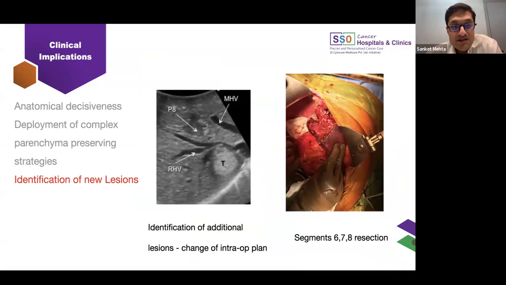It sometimes also helps us identify lesions which are not picked up on preoperative imaging. For example, in this patient we can see a segment 8 lesion, which was identified in addition to the posterior, segment 7 lesion, which helped us modify the surgical strategy to extend the resection to segment 8 instead of just a posterior